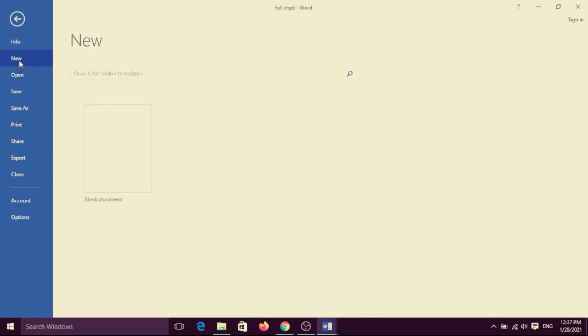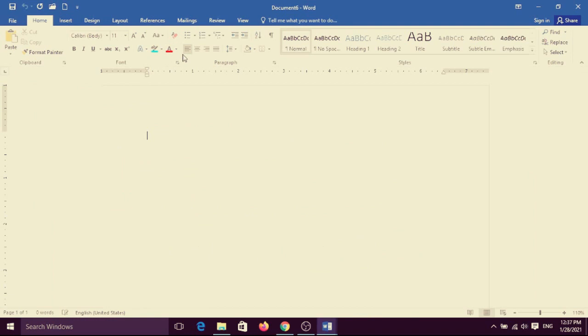Suppose I have opened a new file, blank document. See your alignment in the paragraph group. Alignment has selected left side, means align left. There are 4 types of alignment in MS Word.